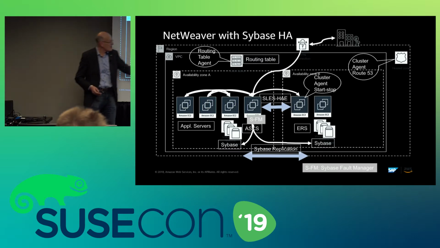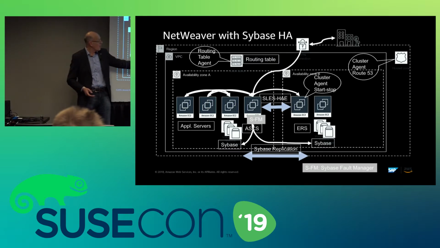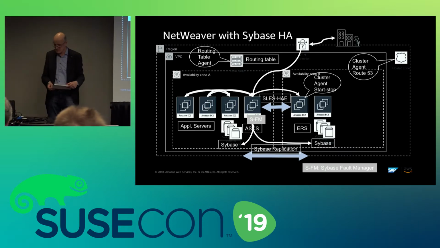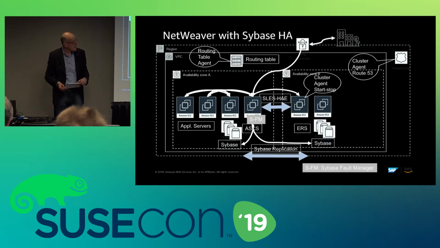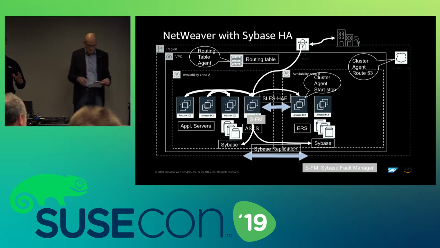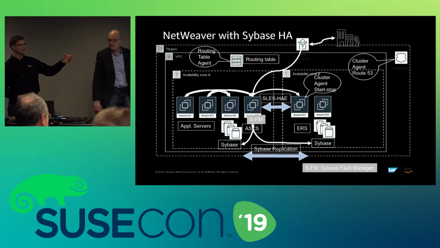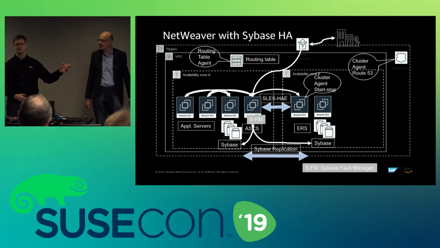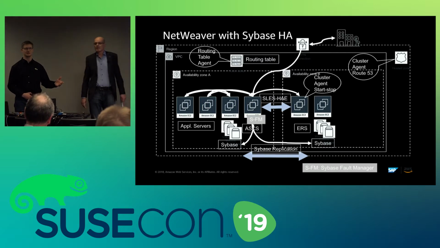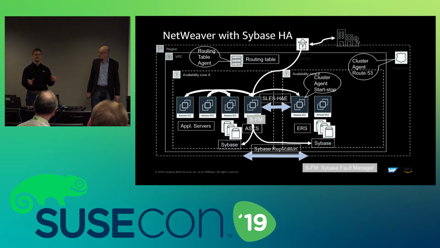It has been already highly available on its own. The only part, the Fault Manager, is now going to get managed by the SUSE NetWeaver agent, because it's part of the SAP Start framework. And that's why only a very short documentation is necessary. Only the Fault Manager is bound in the profile for the ACS, and then it's automatically monitored by the HA solution, which is already existing for ACS and ERS.